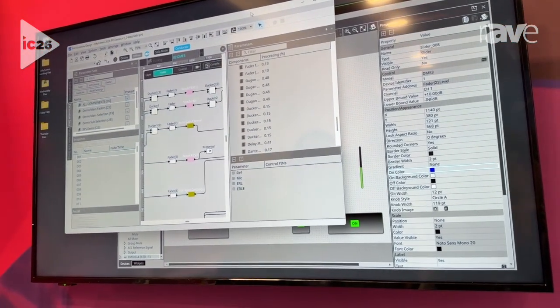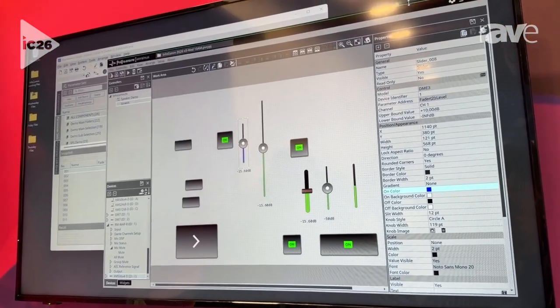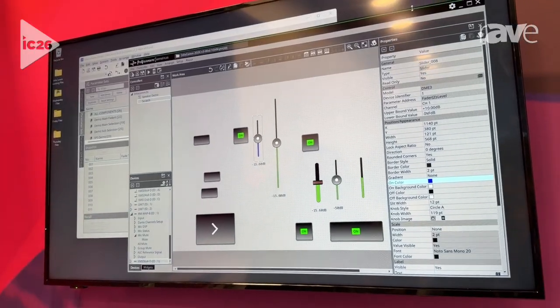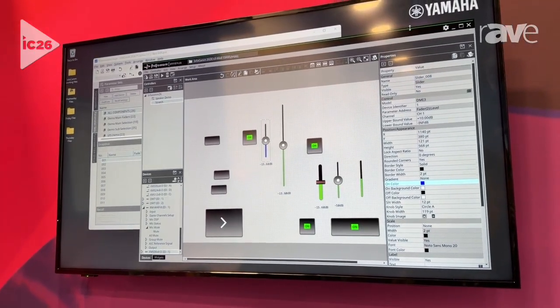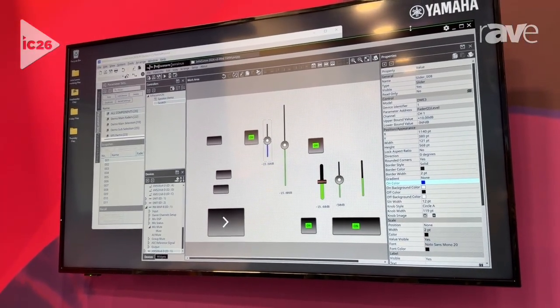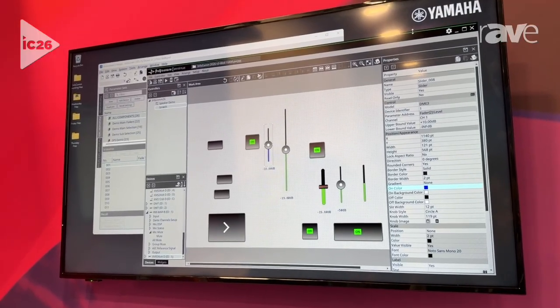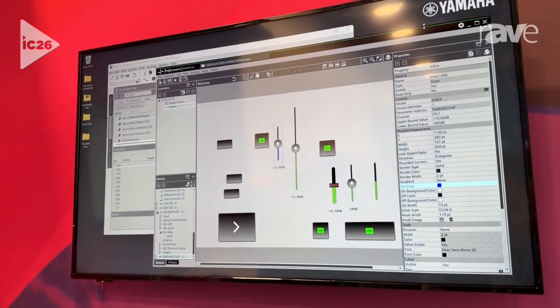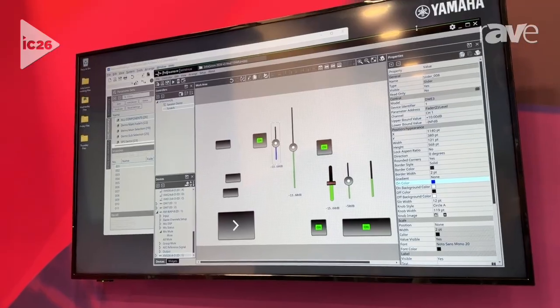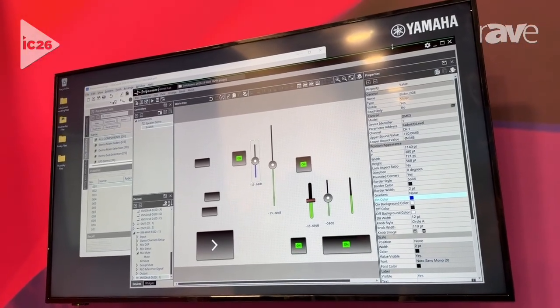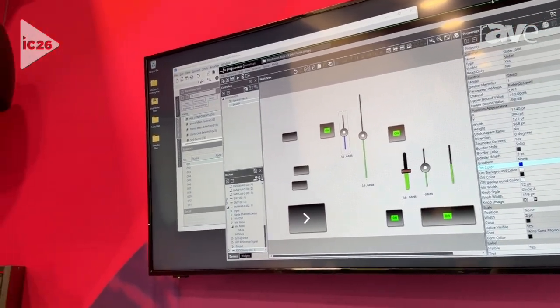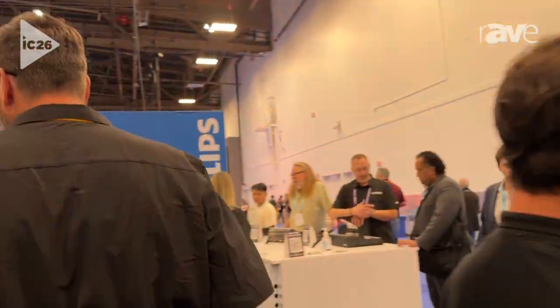Really cool stuff. Our other software in the Provisionaire suite is Provisionaire Control Plus. This is the software that we use to set up control systems for our hardware. So think touch screens, think control panels that you would use on any kind of control panels. For example, our TCD10, if you follow me over here,